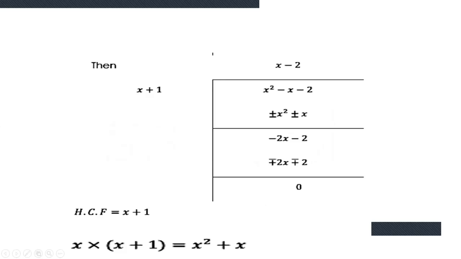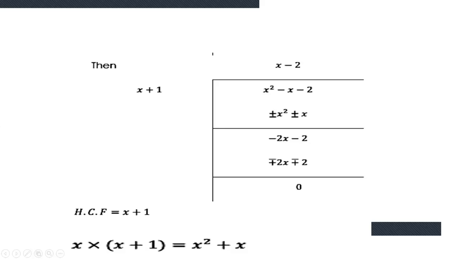Putting x plus 1 to the outside and the greater value to the inner side. x plus 1 into x square minus x minus 2. Here is x square and here is x. We should multiply by x, then we may get x square plus x. By changing sign, that will cut x square minus x square, and minus x is equal to minus 2x, and minus 2 will be left as it is. We will multiply this term by minus 2, then we may get minus 2x minus 2. By changing sign, that will cut, remainder will be 0.